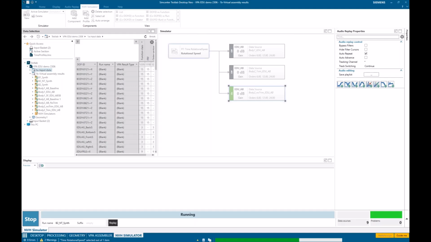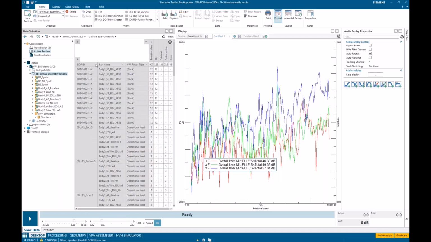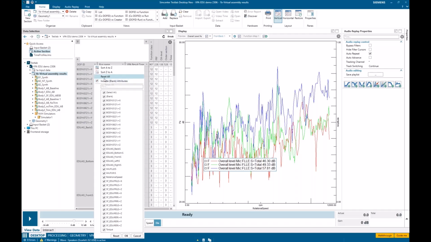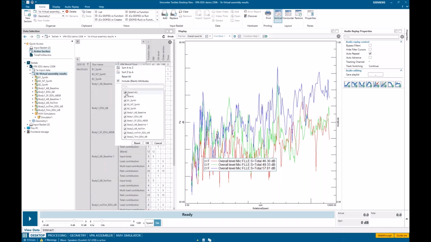So it's taking that RPM sweep, synthesizing it through that third assembly. And now I've got 3 different LDSFs. I can now do some more traditional NVH work on these 3 different virtual assemblies. So now I'm going to come in here and on this same level, I'm going to reset all these filters. In terms of DOF ID, I don't want all, I just want the microphone. And the run name, again, don't want all, I just want B1, B2, and B2 no trim.